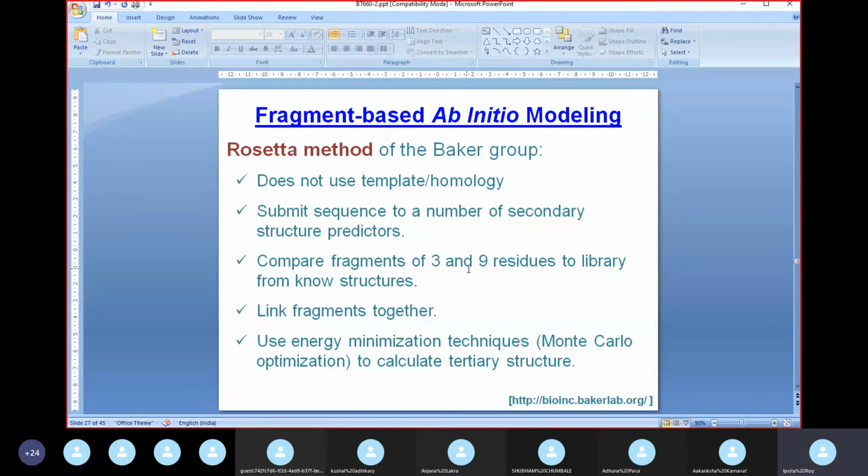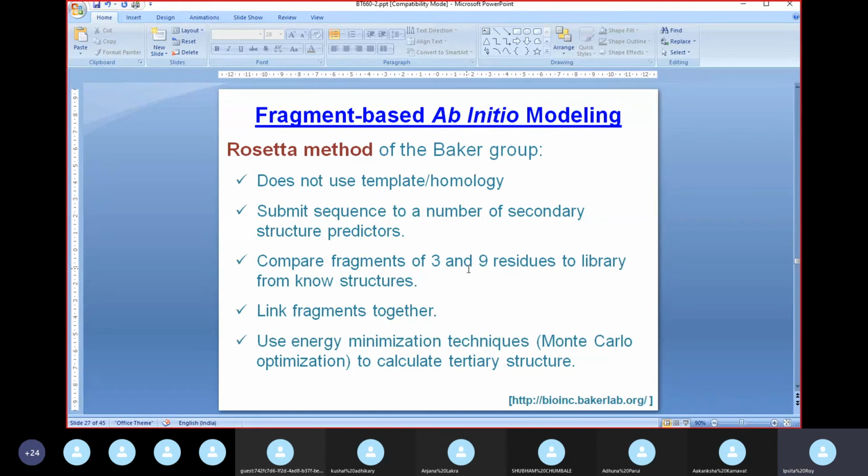So what we have discussed till now are methods by which you are dependent on a library, right? You have a library, and in the first case, it was a library of three-dimensional structures for comparative modeling. In the second case, when you're going in for fold recognition, it was a library of folds. But in many cases you find that you do not have the right template. You may be working with a protein for which there is no fold that is already reported in the database and no three-dimensional structure reported in the database. So for those cases, you do what is called ab initio modeling.